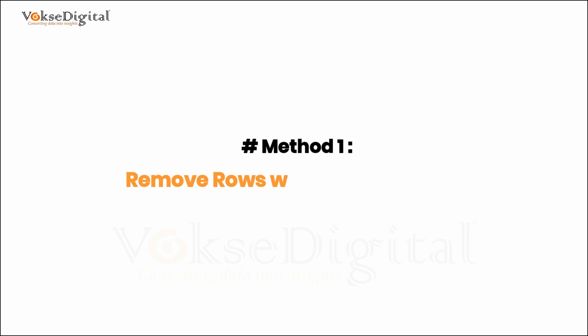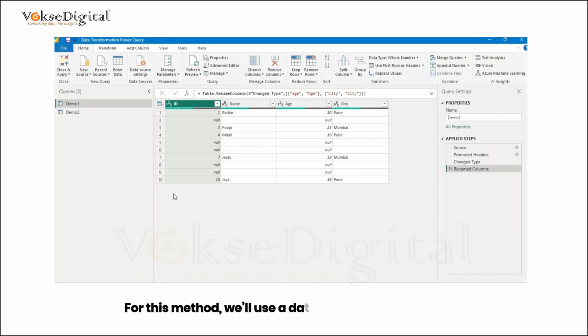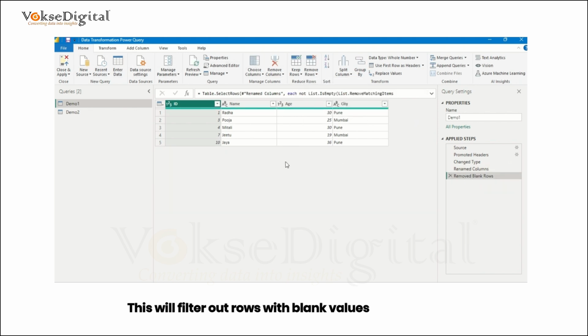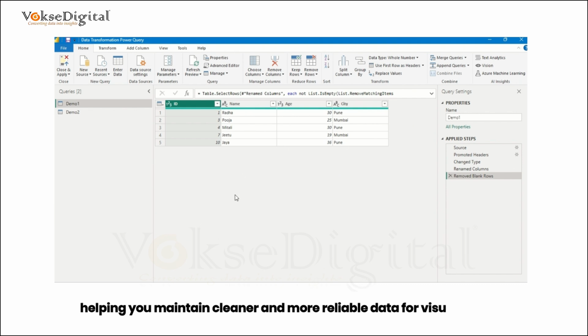Method 1. Remove rows with blank values. For this method, we'll use a dataset named Demo1 table, which includes columns like ID, name, age, and city, and contains a mix of complete, blank, and null rows. In Power Query, select the column with missing values. Go to Remove Rows, remove blank rows. This will filter out rows with blank values from the table, helping you maintain cleaner and more reliable data for